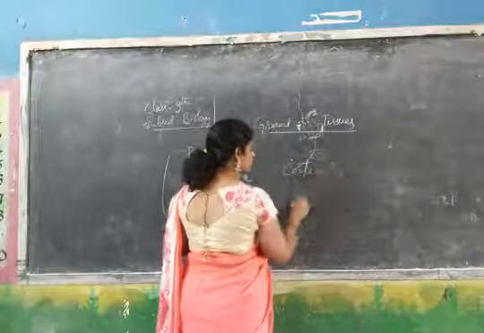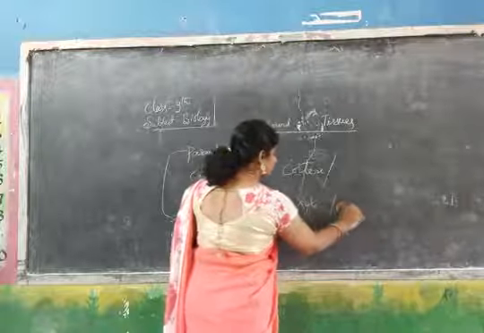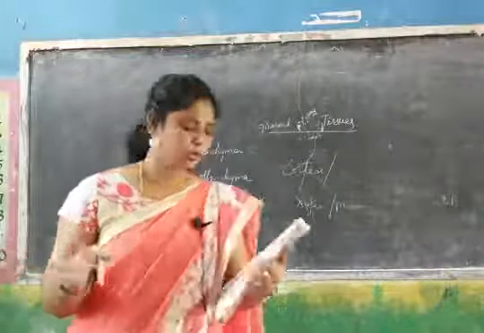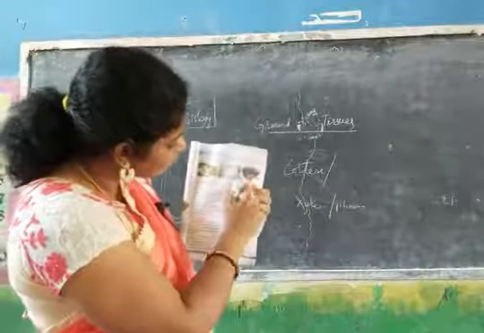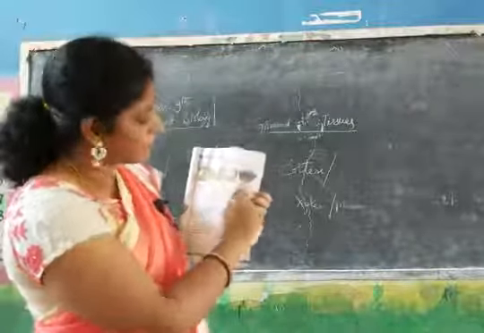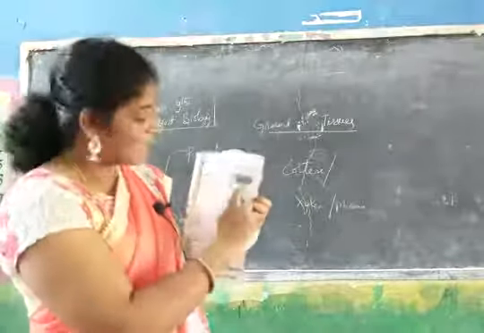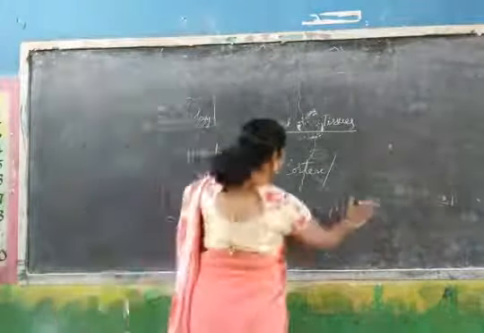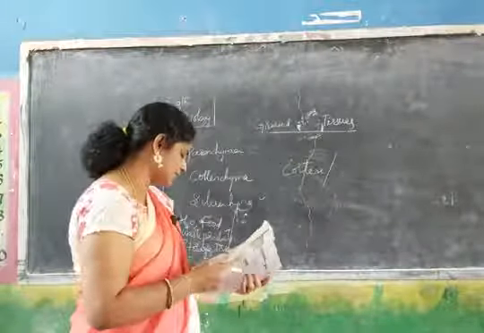In the cortex, xylem, phloem, and many other cells are embedded which is useful for storage purposes. So this is the cortex, and beneath the cortex we have the pith region. In this region the xylem and phloem are present. This is the xylem and above that we have the phloem, and in the middle we have the pith region in the center. So this storage region is called the cortex region.